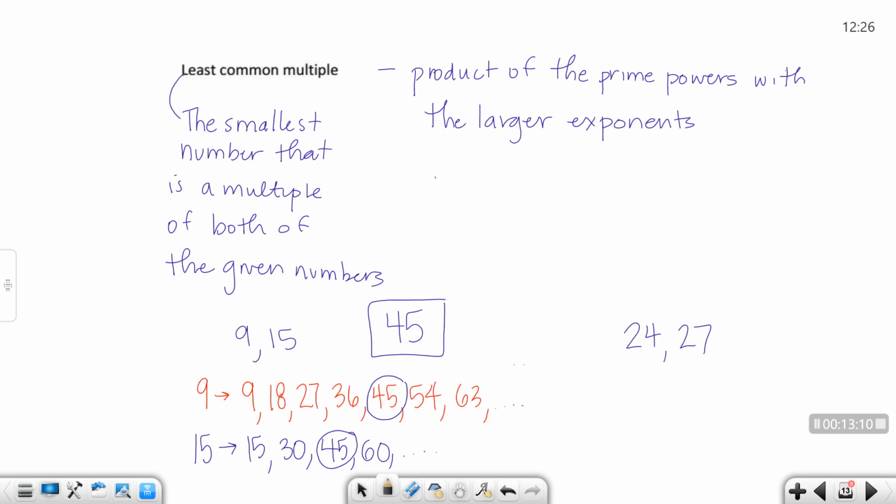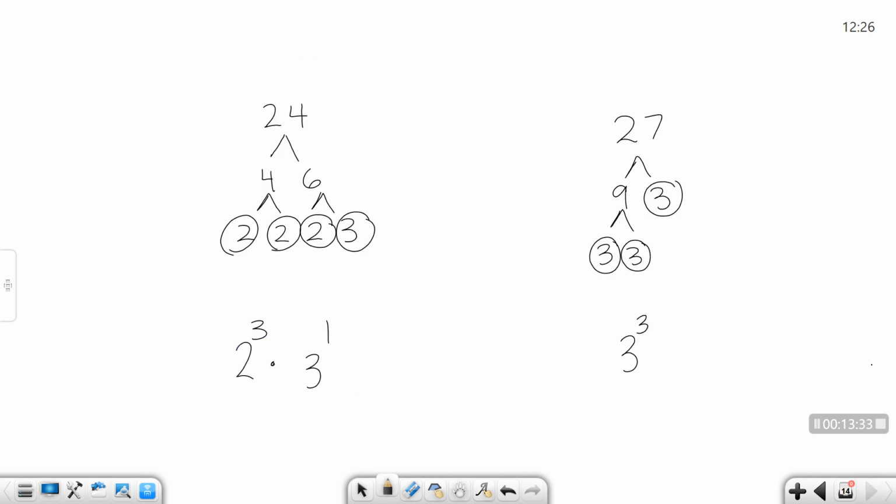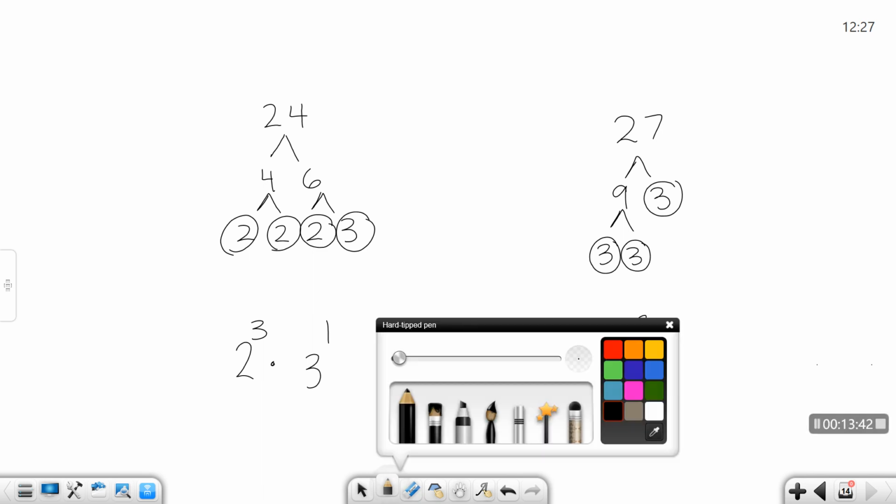Okay, so let's go back a slide. If you're finding the least common multiple of numbers that are a little bigger, you're going to look at your prime powers. Okay, so this means take your factor tree, and you're going to pick the ones with the larger exponents. And this time you want to list out every factor. I'll pause it just a second. Okay, so when you make the least common multiple,